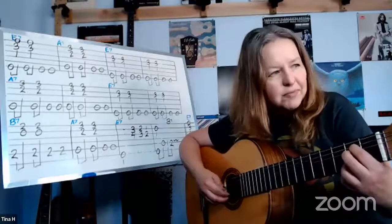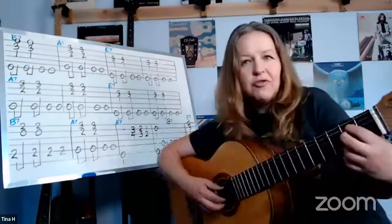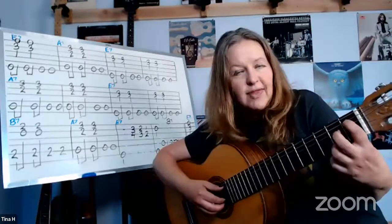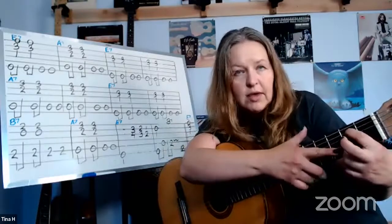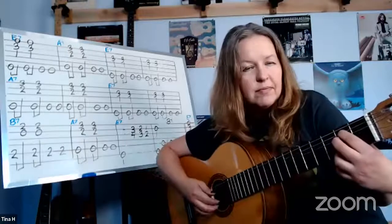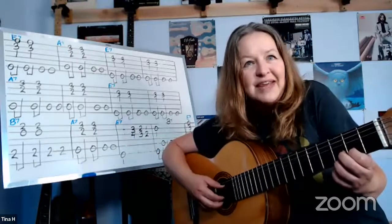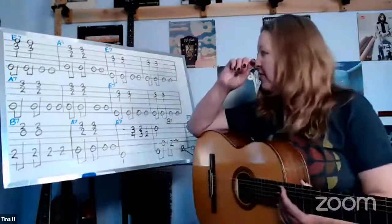Okay, B7. And see how I just reach back? I'm not even changing my hand position except for doing that. And you don't have to keep the chord down. Okay, you can lift it. But doesn't that sound neat? Adds so much color. Now, the other thing I did,